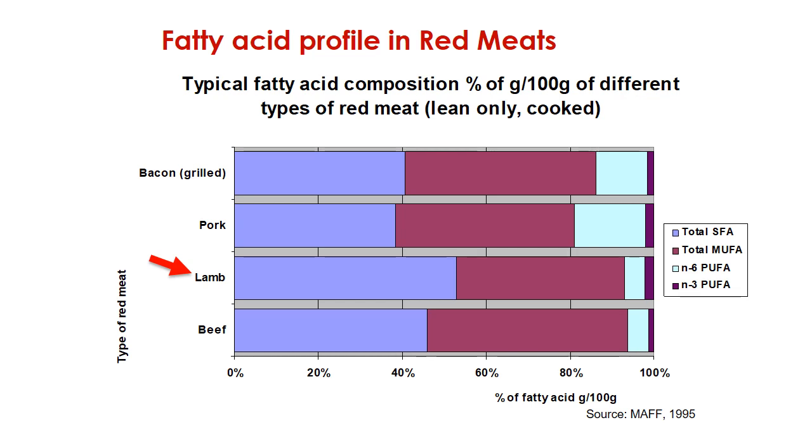In the case of lamb, we can see that total saturated fatty acid is higher, then the monounsaturated, then N6 is less and N3 is also less. In the case of beef, the total saturated fatty acid is comparatively less than lamb, and the monounsaturated is higher, then N6 is less. So saturated fatty acid is not the only fatty acid in red meat, which is commonly what is propagated. There is a sufficient quantity of monounsaturated fatty acid, which is very healthy.